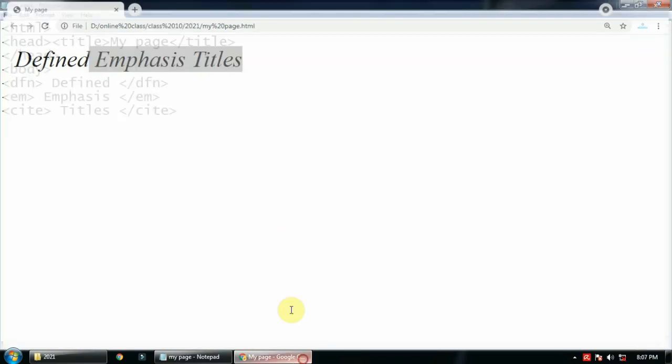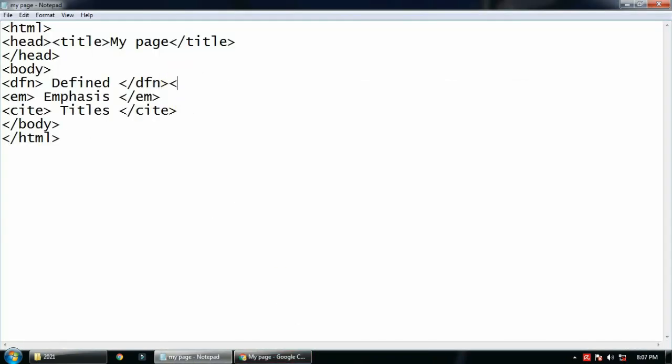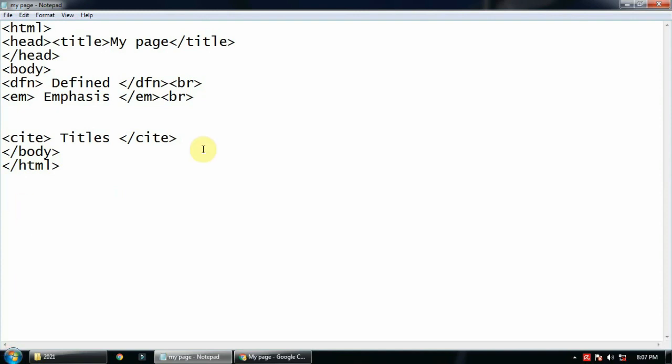How it appears, refresh it. See, everything is coming in one line because I did not use a break line here, so it's better that after every line you use a break line. After cite you can use code and it appears like computer code.